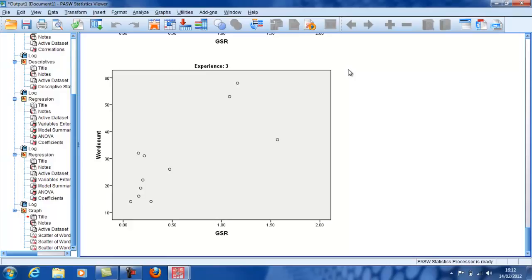So if you just do a simple multiple regression, you will lose out on the effect of GSR. It is important through its interaction effect with musical experience. And if you do a moderator analysis like this, you will be able to pull